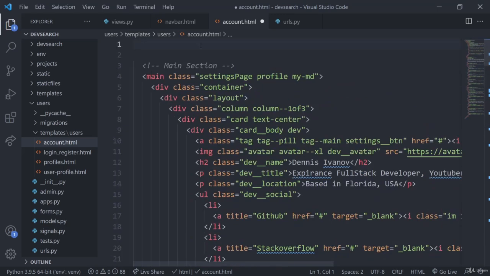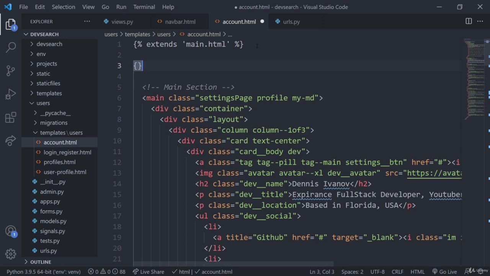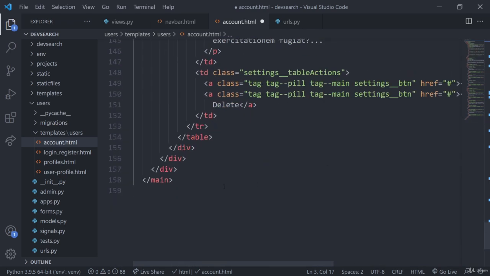So we want to extend the main template now. We'll just do extends, and this is going into main.html. Then we need the block tags, so we're just wrapping it. We'll do block content, and then let's scroll down here and end block. So let's close out that block. Then this will give us a styling. So end